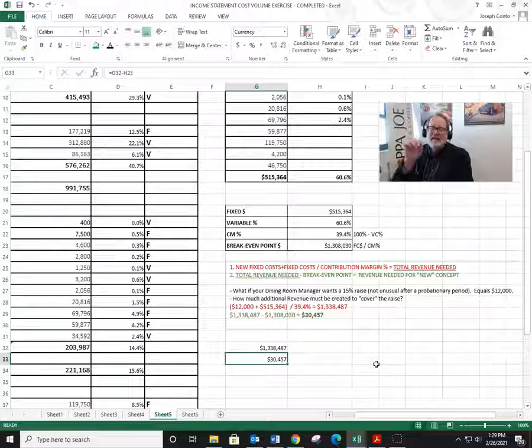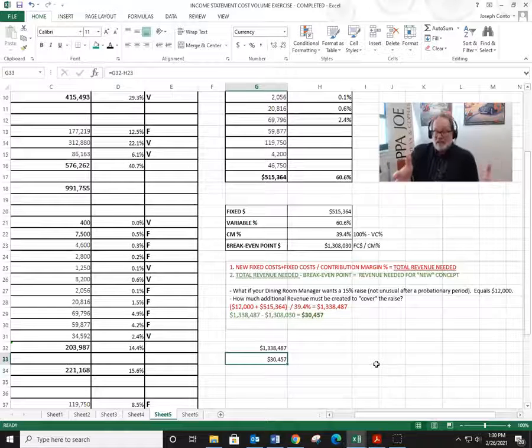And it tells me, based on this place, it's going to change every time you do a different income statement, because different income statements have different amounts of fixed costs associated with them, different variable cost percentages associated with them. But in this case, for this property, to answer that question, I can afford to give this person a $12,000 salary if I can figure out, or maybe the person who wants the salary increase can figure out, how the property itself can produce